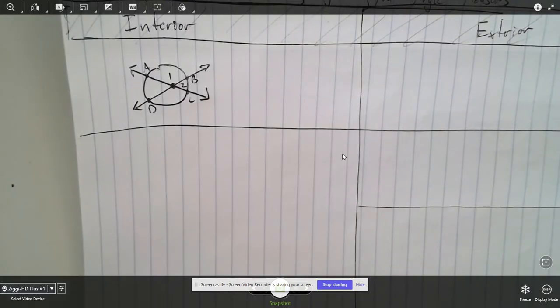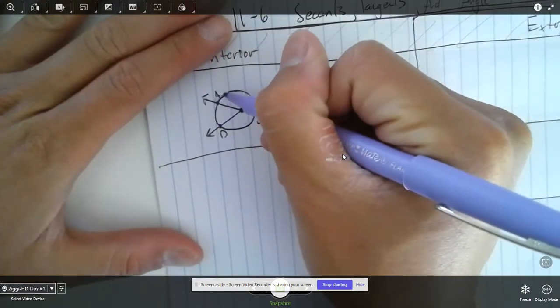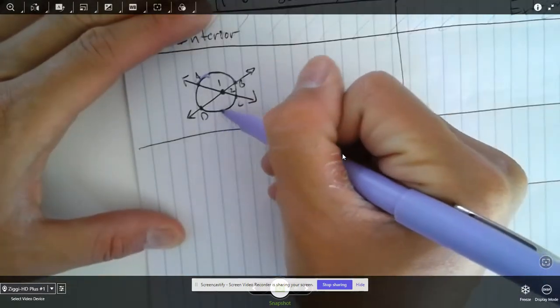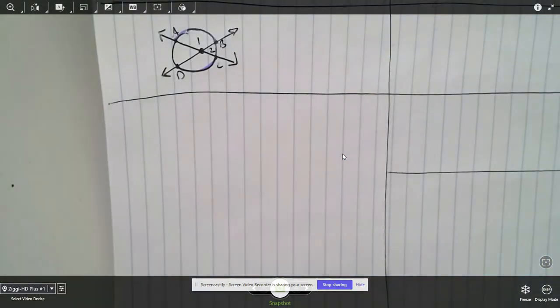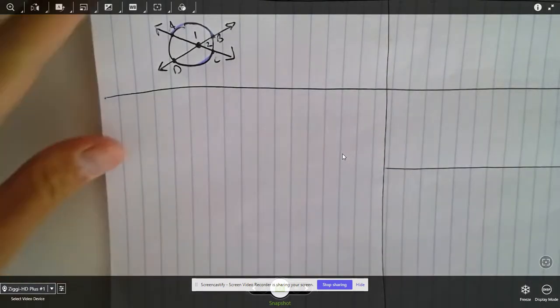All right, I'm back. Okay, so here we are. We're going to color code this in here. This is going to be kind of a purplish hue. I don't think you can see this, so give me another second to find another different color. All right, I'm back again. Okay, so